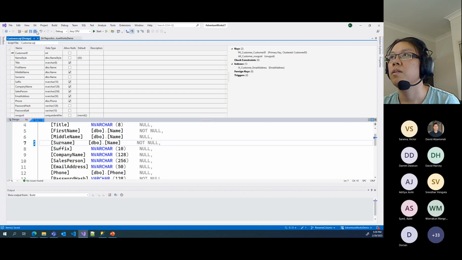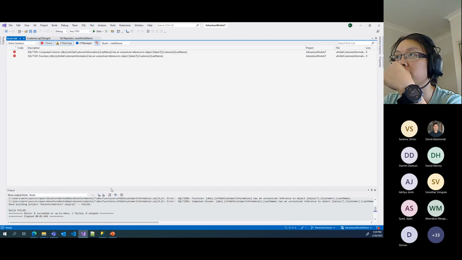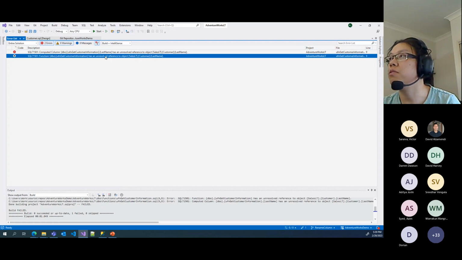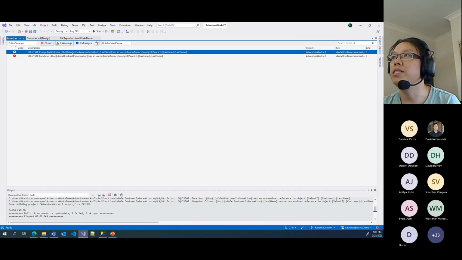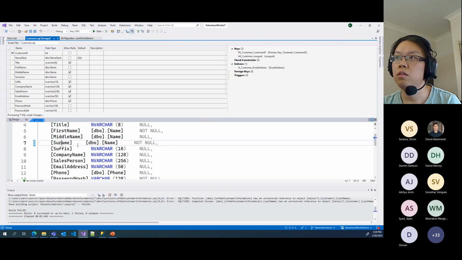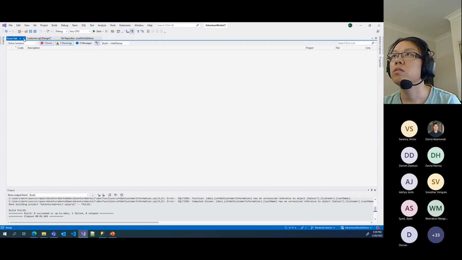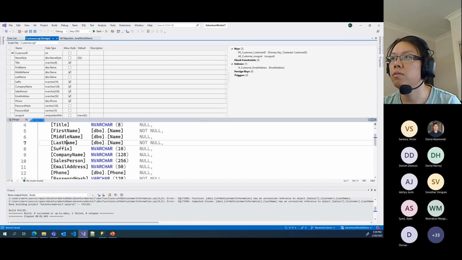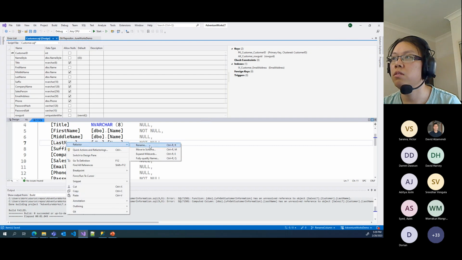But now if you do a build, it will actually give me some errors. Within those errors, it's telling me that I've got unresolved references because I have a function that is referring to that. So instead, Visual Studio allows you to do a refactor. In order to do that, I right-click, refactor, rename,